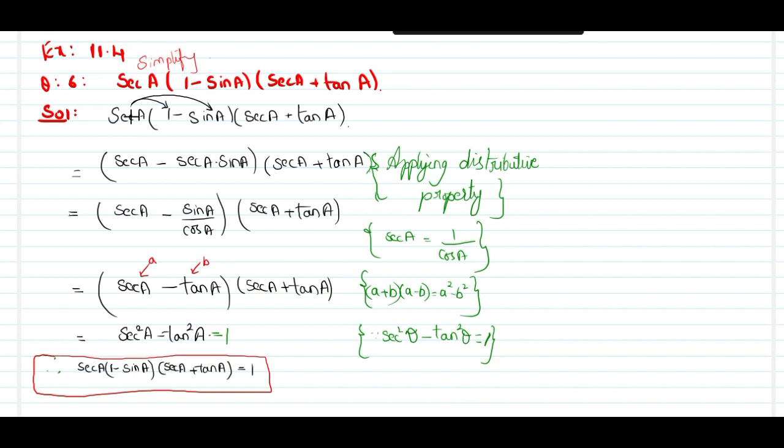So let us apply the distributive property for the first two, secant a and the first bracket, okay, secant a into 1 minus sin a. So how do we apply? We will multiply this first term with the first term of the bracket, that is secant a into 1 minus, again we will multiply the same with the second term of the bracket. So secant a into 1 is secant a minus